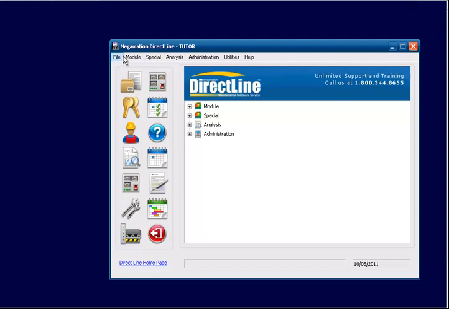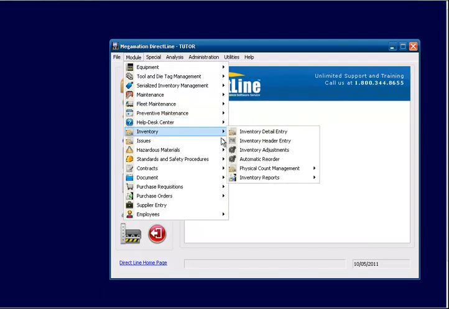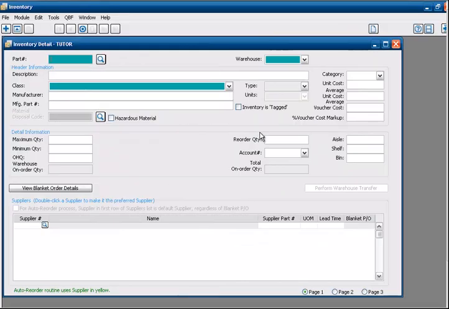To start off, we can go to Module, Inventory Detail Entry. In the detail entry, you can also bring up existing parts, modify them, and delete them. So to start off, we can enter a new part number in. It has to be alphanumeric. We're going to type in